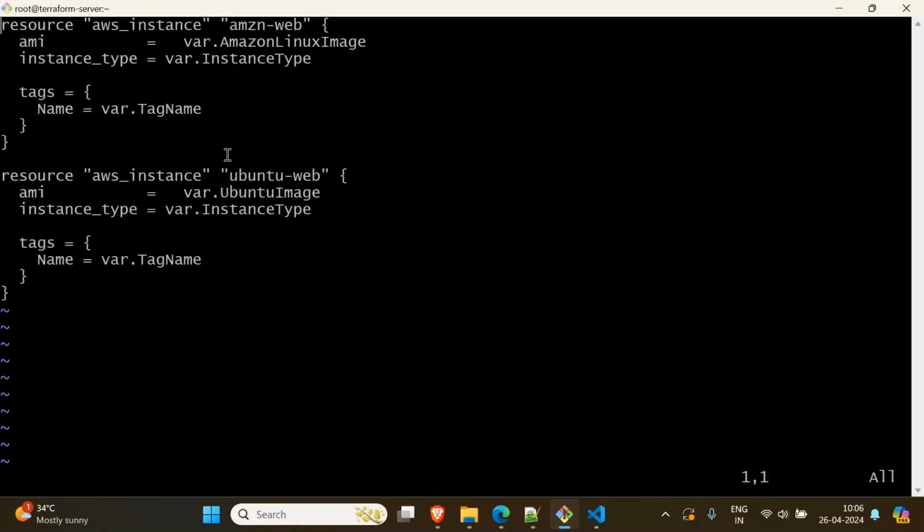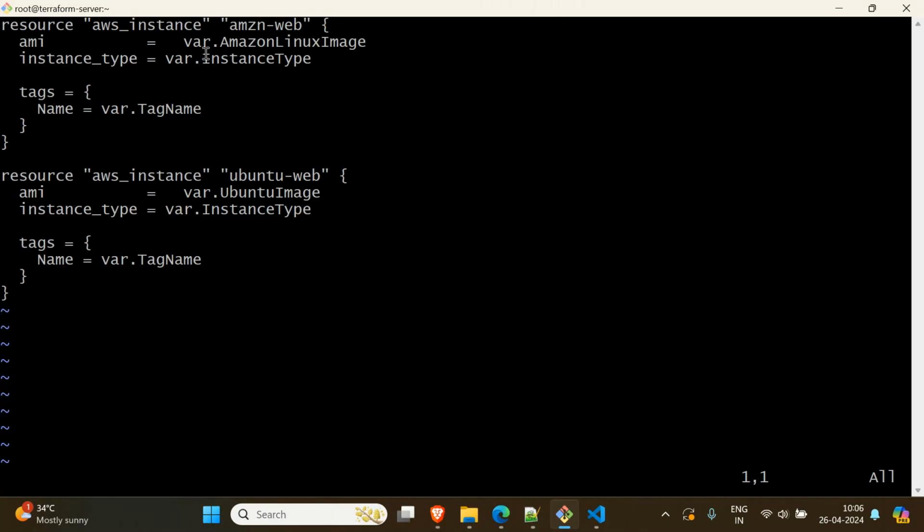Now, I'm referring to var.variables here, but no problem. You can create a new file. In that, you can copy and paste all the variables over there, but you can refer over here, no issues. Terraform will search for variables in some file, whatever file. No need to give any specific name, you can give any name, no problem. It will search the files, and if it finds any variable with this name, it will fetch it and paste it over here,